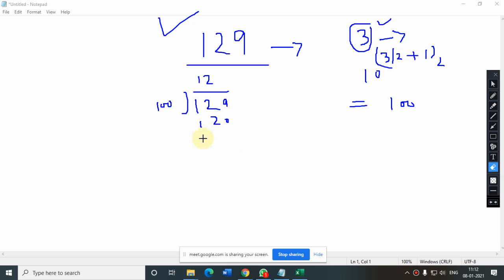Wait a minute. Look here, everyone. So 3 upon 2, directly we are doing this, that is 10 to the power 1.